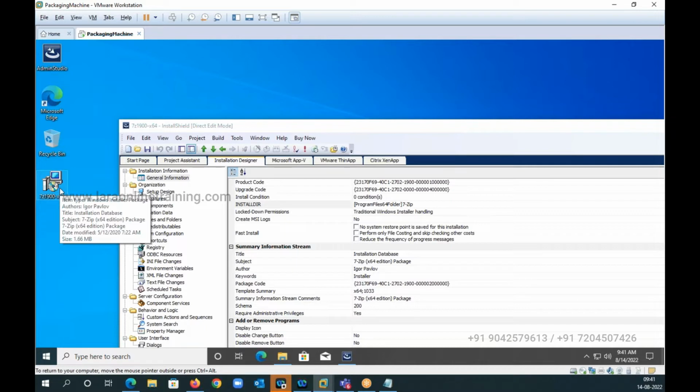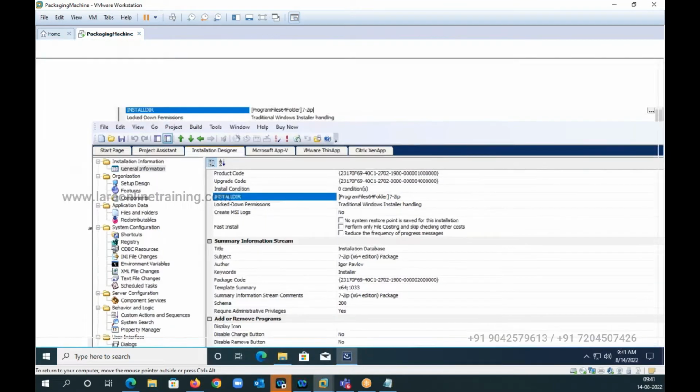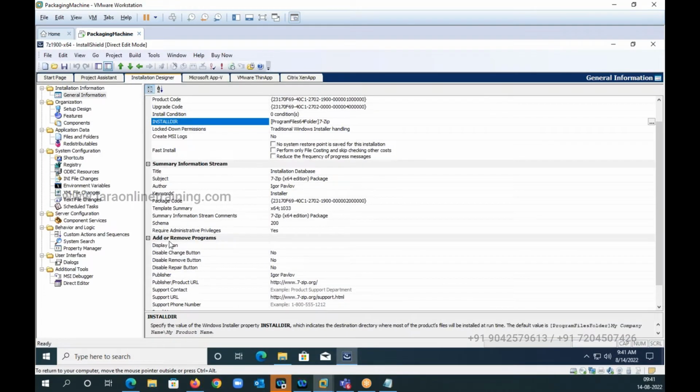This is your summary information stream. Whatever changes you make on the summary information stream are available here. Next, you have your add or remove programs. You have disable change button, disable remove button, disable repair button. So what does this disable mean? See, it's all no, that means it's enabled now. If you put yes, it will be disabled. So what I mean to do here is